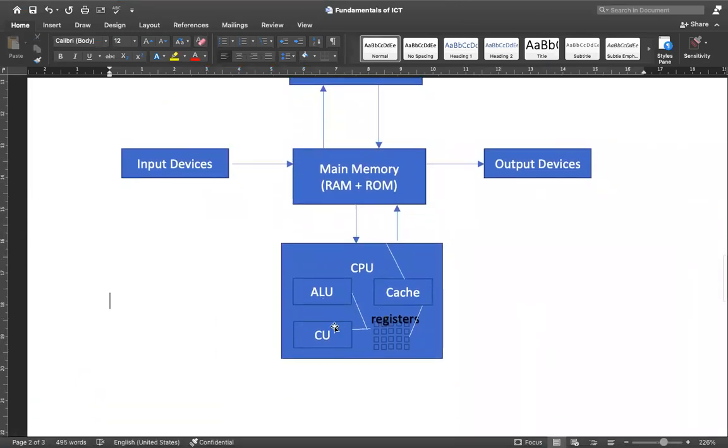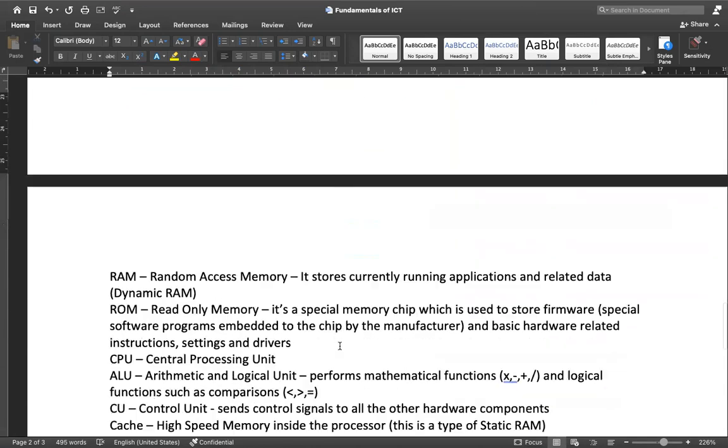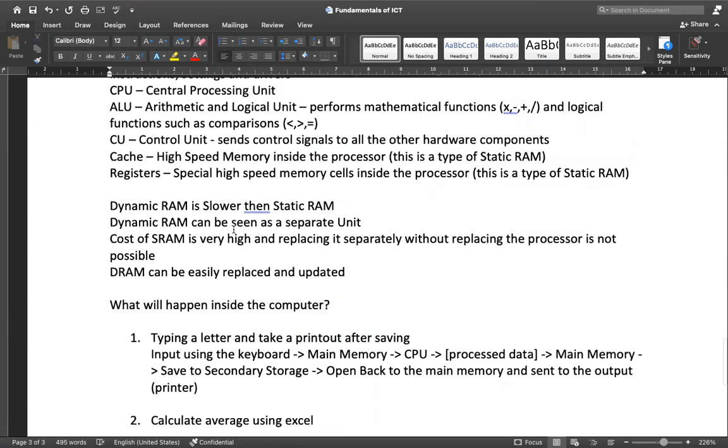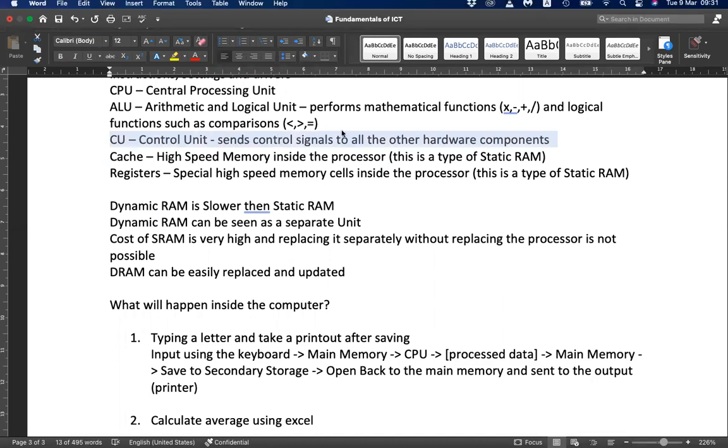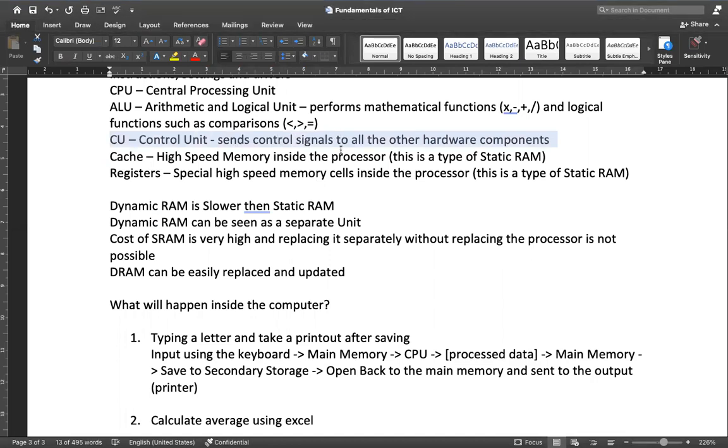And what are ALU and CU, which we learned now? CU is the controller, it sends the control signals to all the hardware components: mouse, keyboard, speakers. It's like a traffic police. Traffic police is not driving. At a junction, if you see a traffic police,